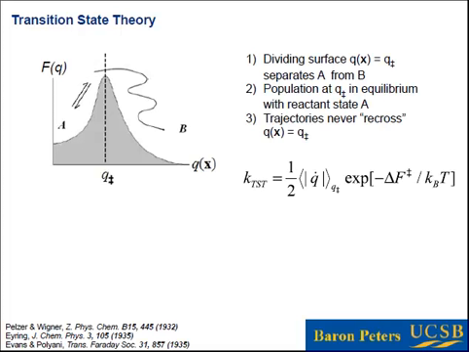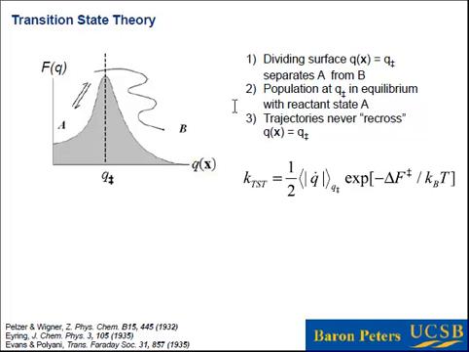So transition state theory, I think, is of course a pretty powerful tool, and I was giving this talk at the Eyring Center, so I had to bring this back to transition state theory somehow. Everybody probably knows the basic assumptions of transition state theory. You have a dividing surface that separates your reactants from your products, and you have a population of species that live on that dividing surface. These are our transition states, and we assume that they are at equilibrium with our reactant states. Now, technically, this is impossible to do, but it's an assumption that seems to work fairly well for many problems.